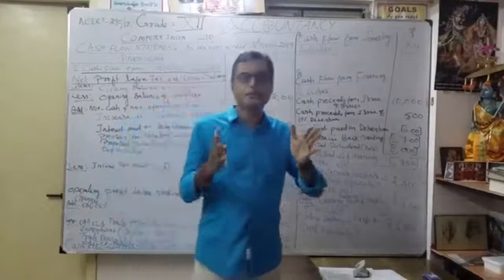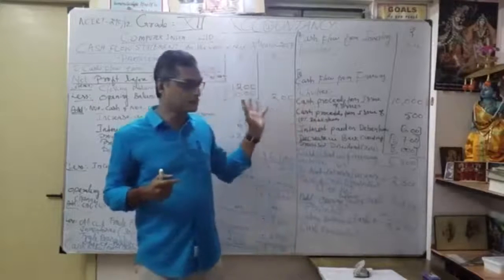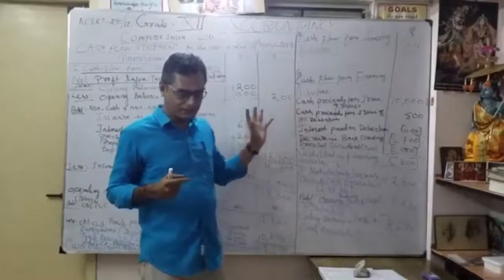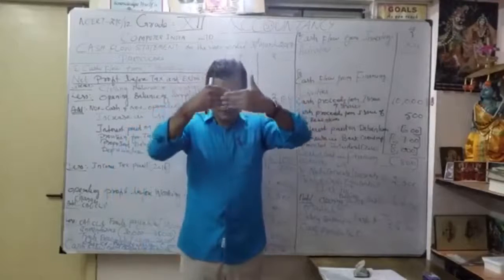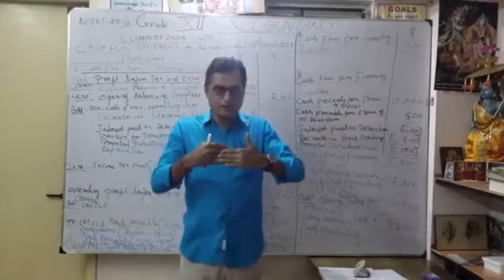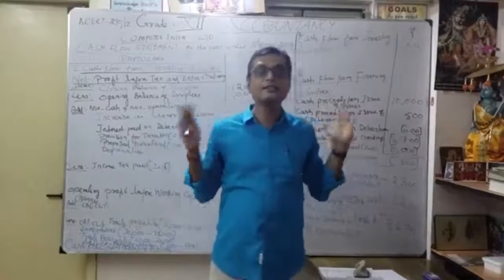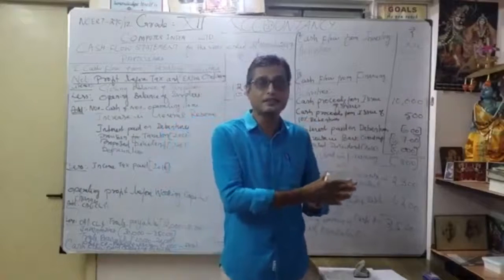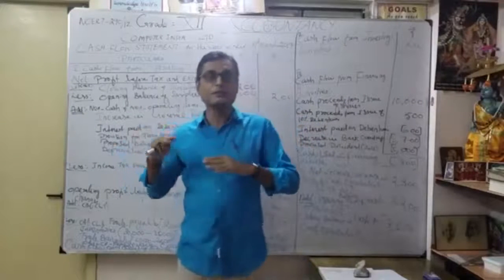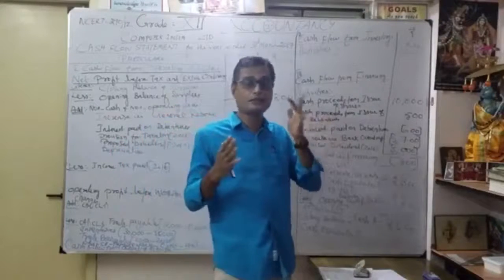Keep in your mind, please follow from the balance sheet onwards. Don't skip it. Don't start with the operating activities and then search for how to do the financing activity. Don't do like this. Take each and every item available on our balance sheet one by one. When you pick that up, immediately see whether any additional information or adjustments are given in the problem, and you can make the treatment simultaneously on both sides.